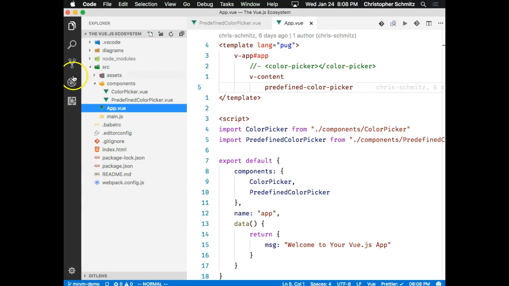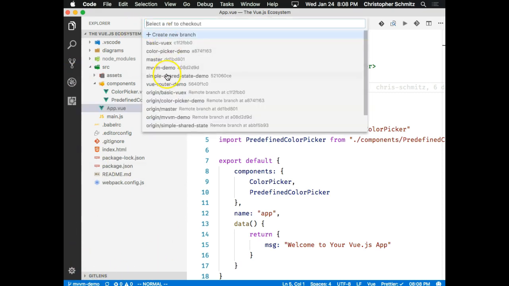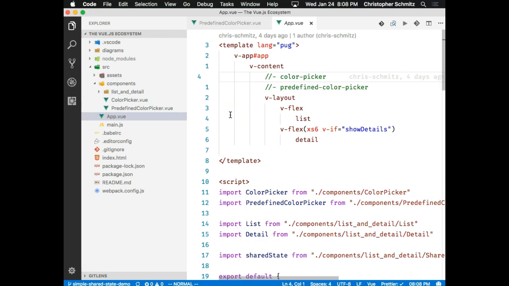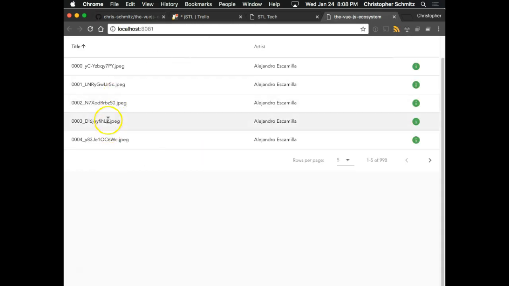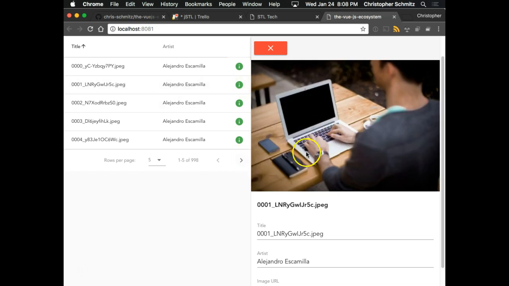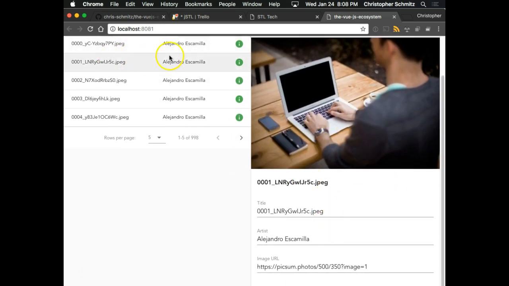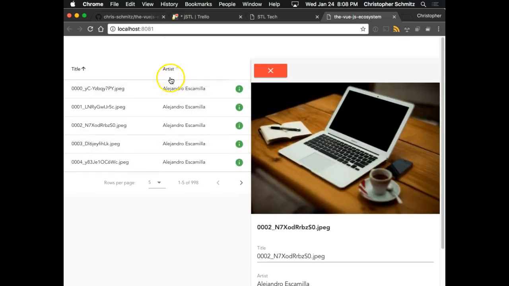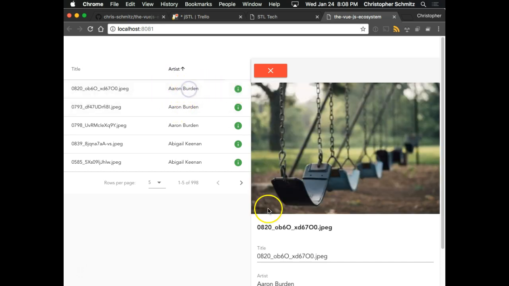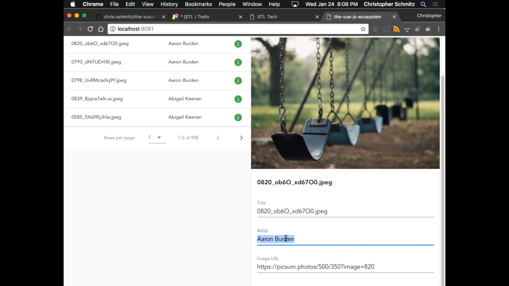So if we switch over and look at a simple shared state in the browser, the demo now is a list of image data, and whenever we click on information, we see more information about that one particular record. So the two-way data binding is still in effect in the sense that if I change Aaron,